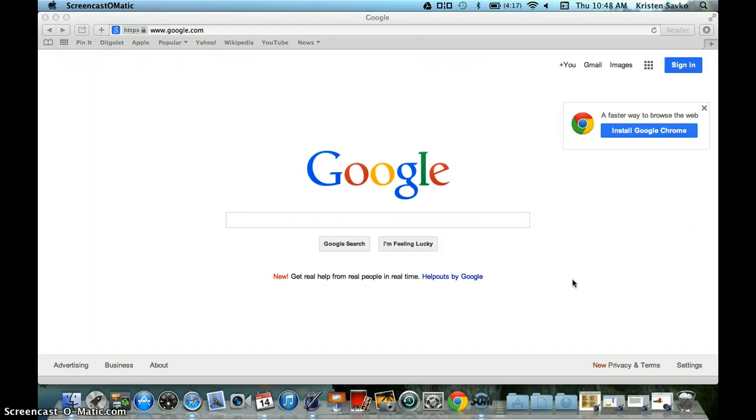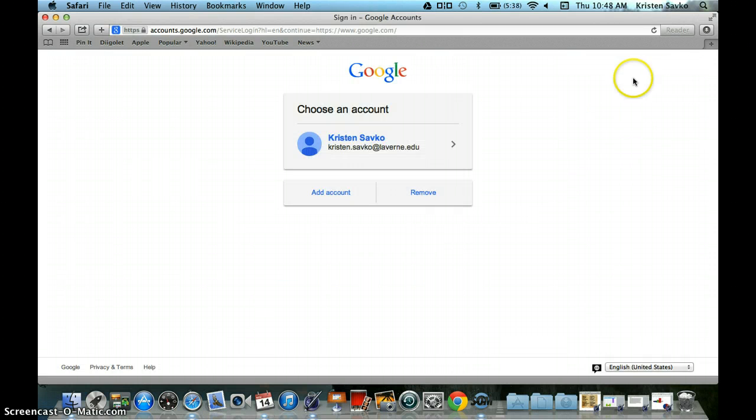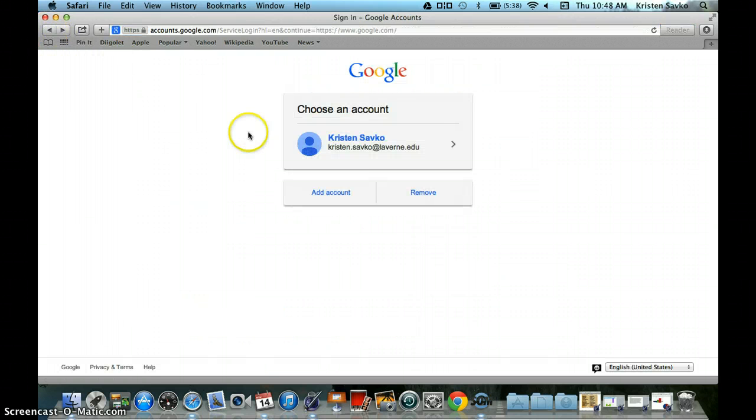So the first thing you need for this WebQuest is a Gmail or a Google password. If you already have one, you can just click sign in and then there's mine. If I click on it, it'll ask me to enter my password. It'll let me log in. But if you don't have one already, then